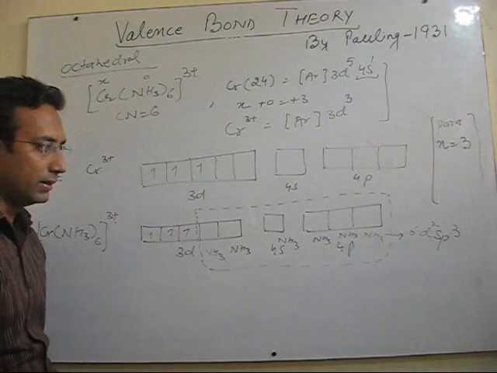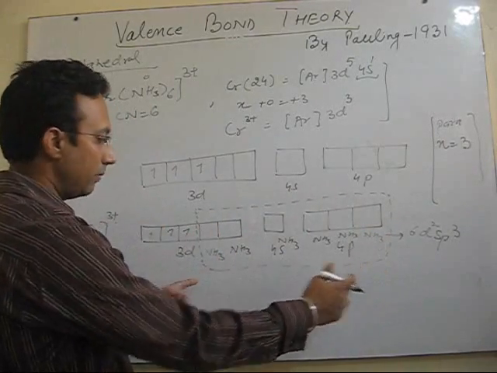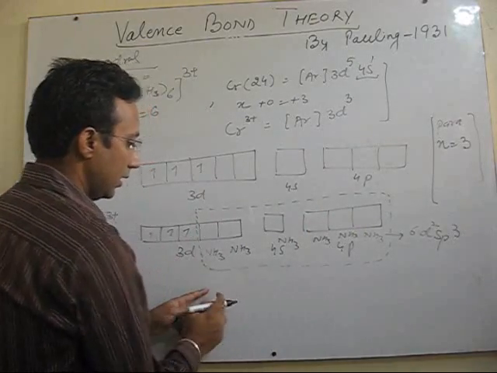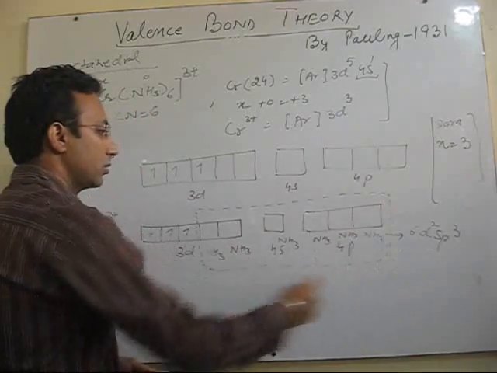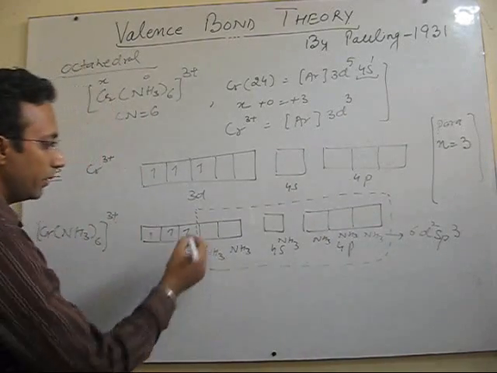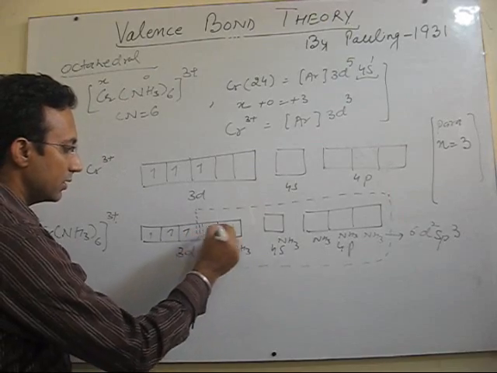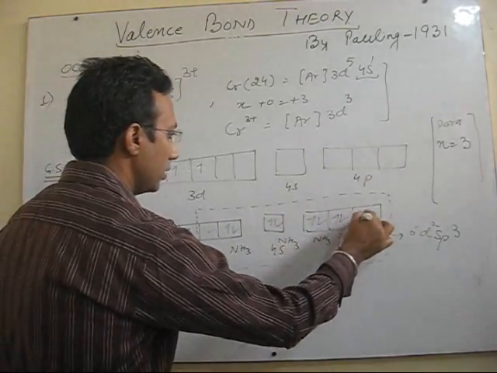And I just made it concise. Otherwise we can also show another step in which all the 6 orbitals are shown which are of the same energy, but I have covered that with this dotted line, right? So here you can put the lone pair donated by ammonia. These are the lone pairs donated by ammonia into these empty